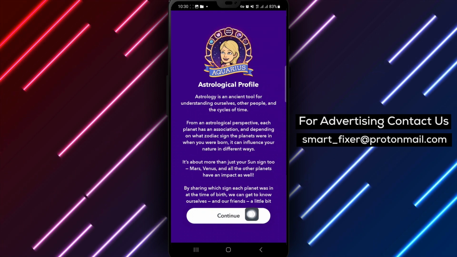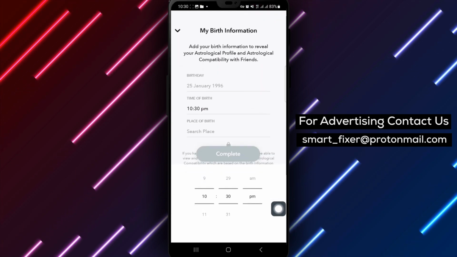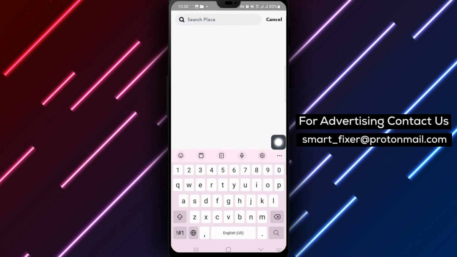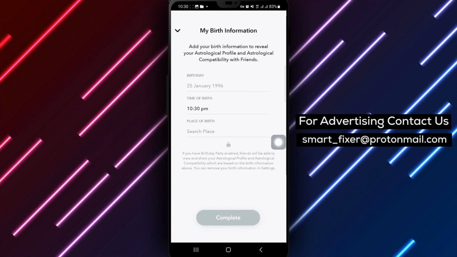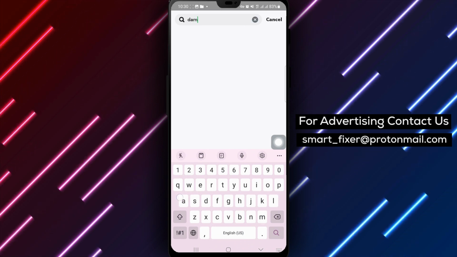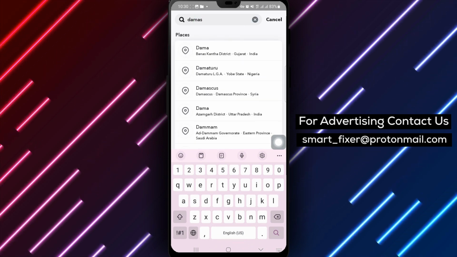Next, enter the information regarding your time of birth and the place of birth as prompted. This data will help personalize your astrology profile on Snapchat. Once you have filled in the necessary information, tap on the Complete button to finalize and save your astrology profile